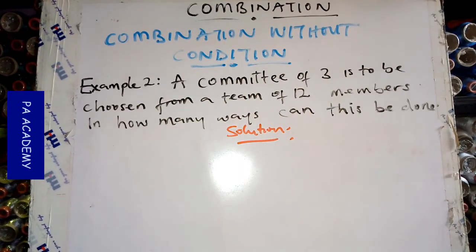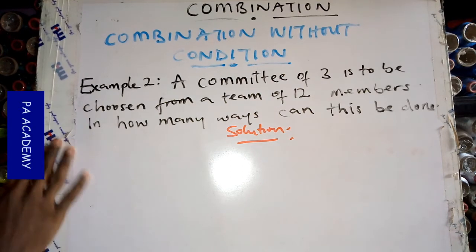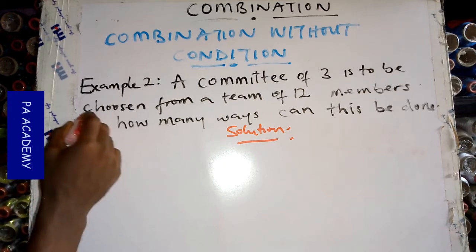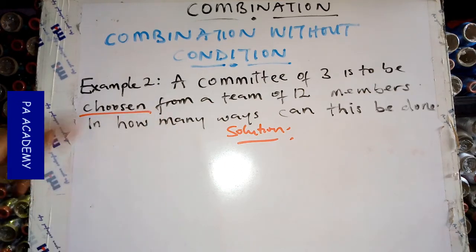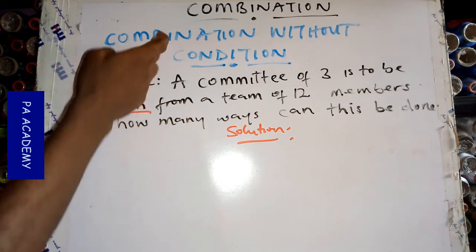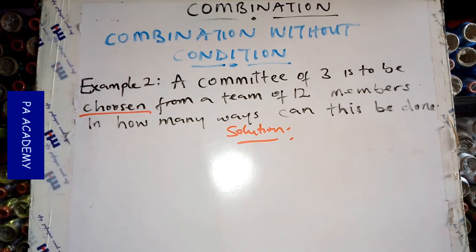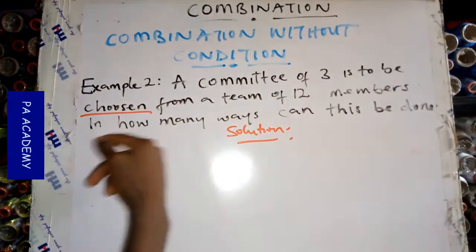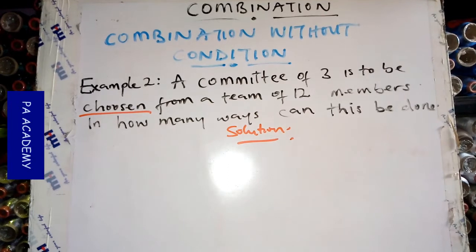Don't forget the keywords when you are dealing with questions like this, because most times if you come across a question like this, they will not tell you if it's permutation or combination. But just looking at the question, you should be able to know whether it is permutation or combination. I said that in part 1, that you look for the keywords. Here, choosing, that is the keyword for what? For combination. So once you see choosing, that means the question is definitely under combination. So he said, a committee of 3 is to be chosen from a team of 12 members. In how many ways can this be done?